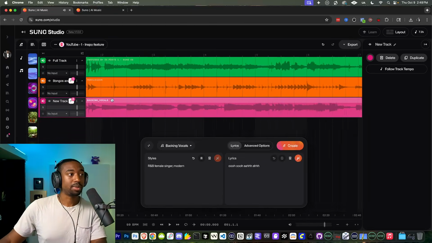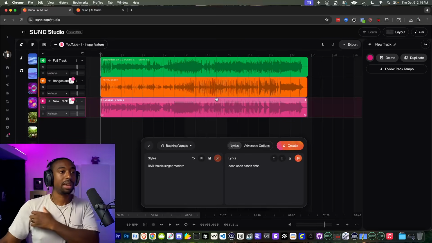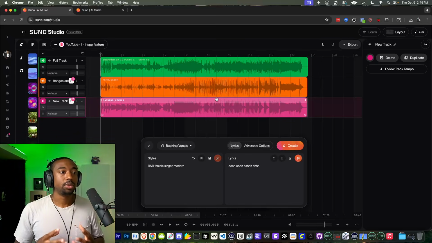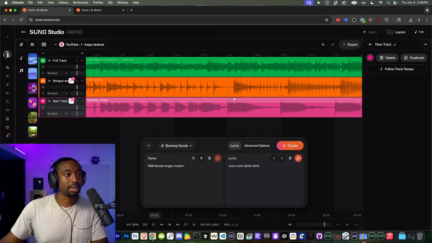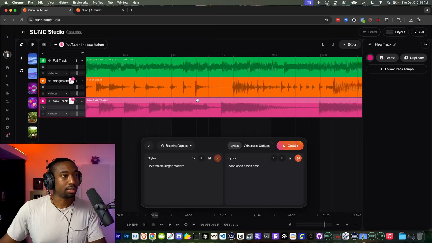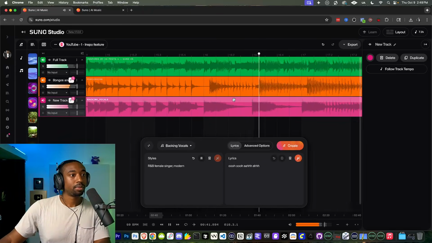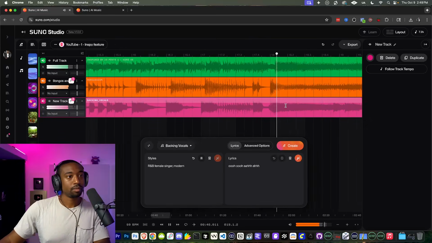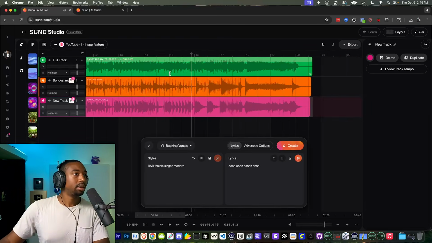Now, sometimes when you generate using this feature where you just kind of highlight an area and generate, you may have to move it around. So if you just naturally feel like something's off, it may just be off. Like right here, I can kind of see this is visually not lined up with stuff. So chances are this may be off right here. Okay, that's just how it is, I guess. It's playing a little syncopated, but